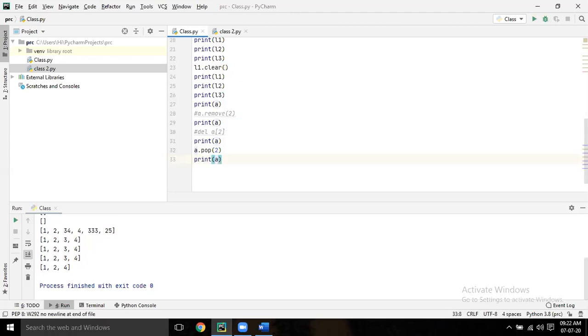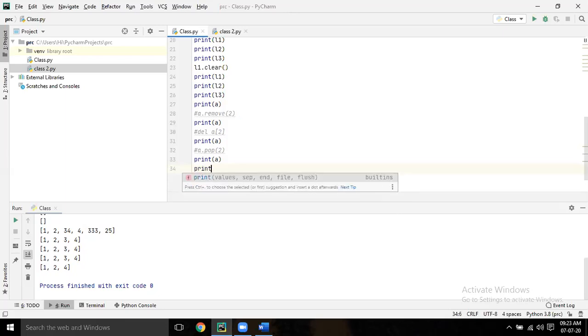Here also it is removing the index. So 0, 1, 2. The difference between remove, del and pop is remove will delete the value, but del and pop will remove the value at that index. Now just print a dot pop 2.